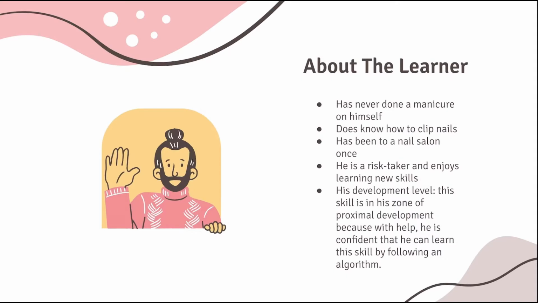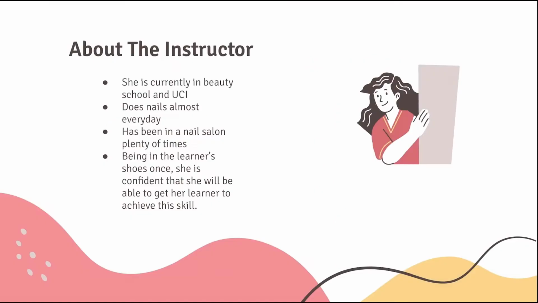The learner has never done a manicure on himself or on anyone else before. He has never really done anything with his nails except for occasionally clipping his nails. This task is in his zone of proximal development because since he knows how to use a nail clipper, he can also know how to use other tools and products to further manage his nails with the help of his teacher. The instructor has been practicing doing manicures for a while, loves anything beauty related, and is very confident that